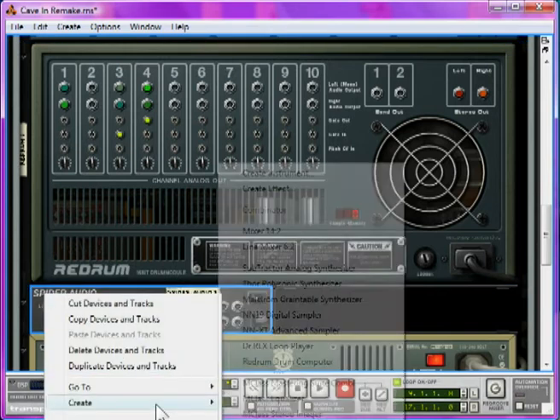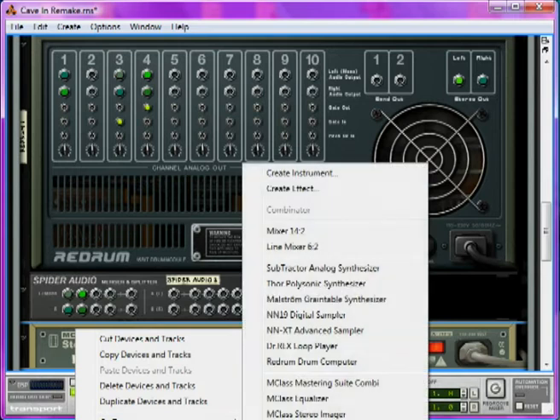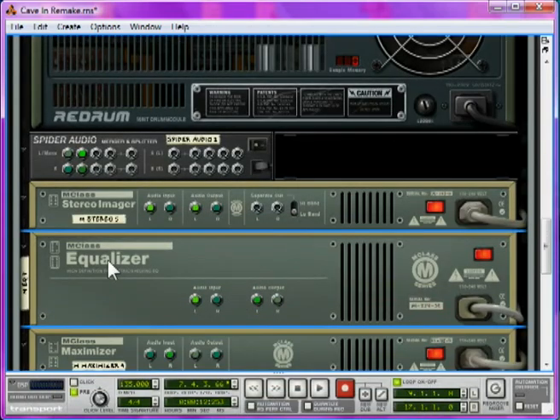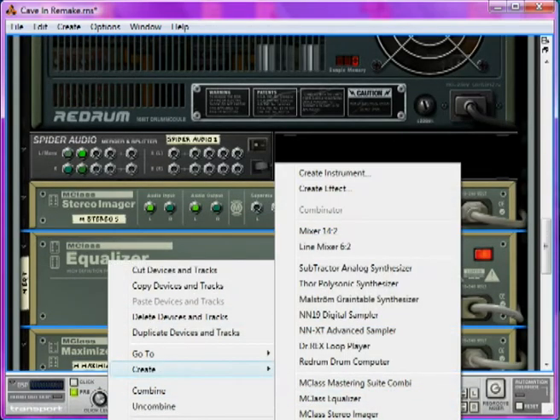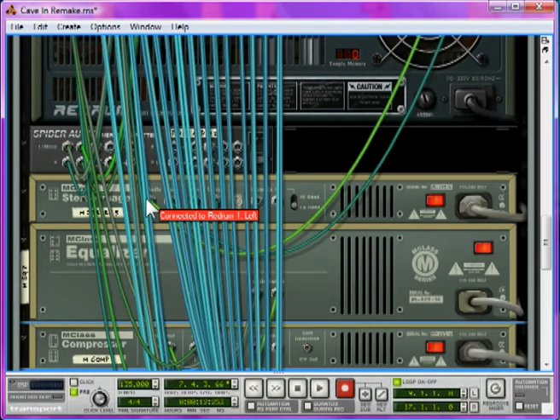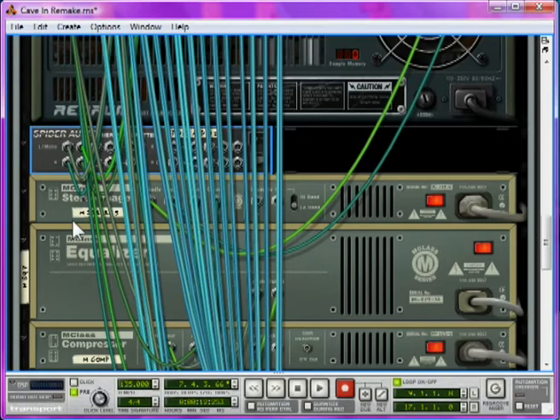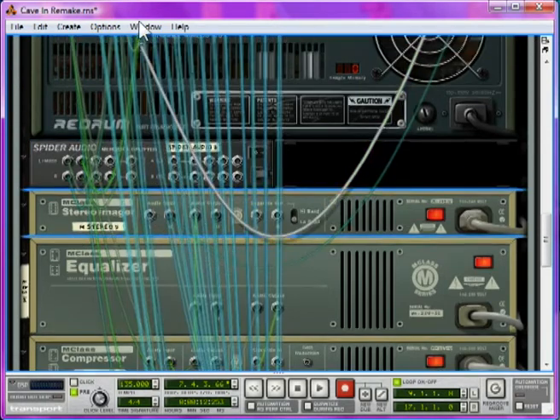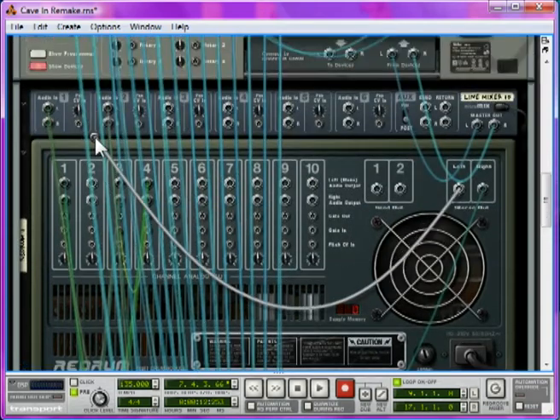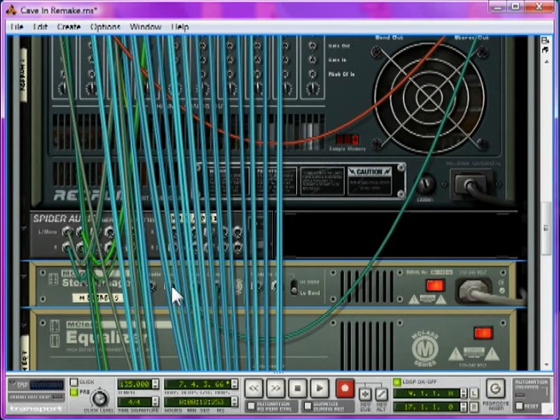Right-click the splitter and create a stereo imager, an equalizer, and a compressor. Now you see, because I didn't shift-click, it's automatically connected to the Redrum instance rather than the Spider Audio instance. So if we just move the Redrum instance output into the audio in of the mixer,